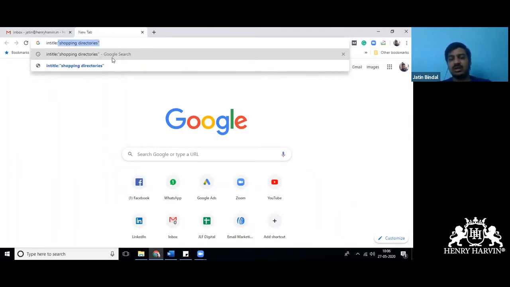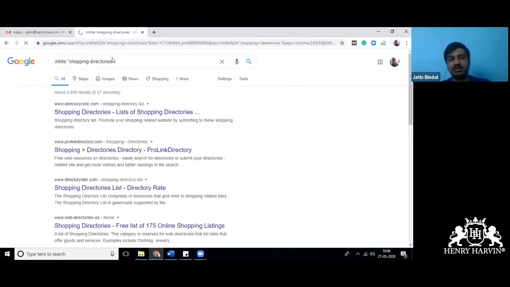Double quotes, you are now very familiar with Google keyword phrase searches. That double quote means phrase search. So if this keyword is coming in any of the titles as a phrase match, then that particular website will be shown to you. So if I type it, you will see Directory Critics shopping list will come.